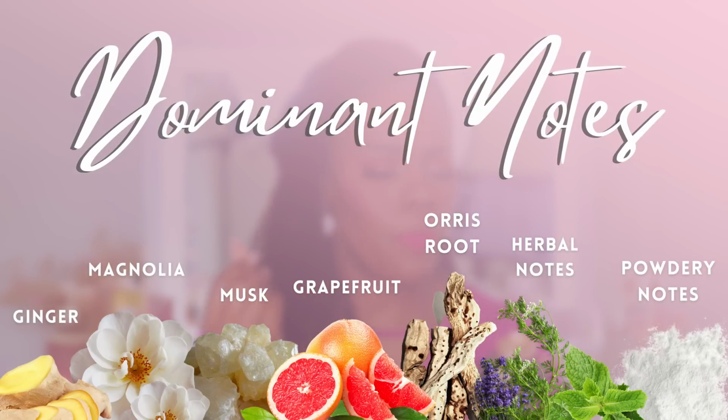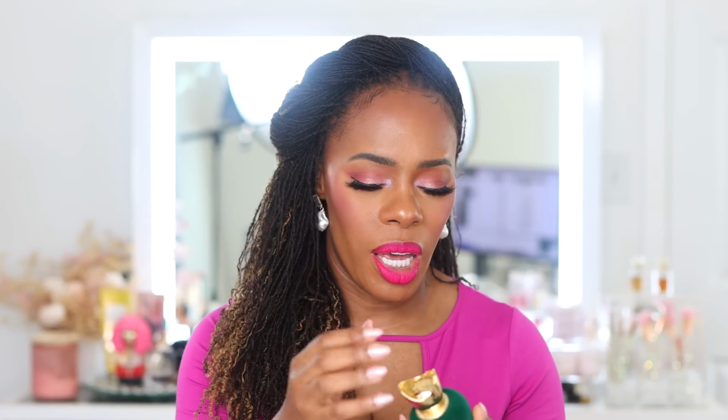Now, the thing about this one, it's almost giving a hint of fougère, and so some women may think this leans a little masculine, so definitely a try before you buy fragrance. But I highly recommend it, and I am completely obsessed with it. It's a little powdery. There is just this delicious herbaceous quality about it that really takes it there. It's got some ginger, but it's not a ginger with a lot of bite that takes over the scent and makes it spicy. Orris root in the base, which again is adding to the powdery quality of it,